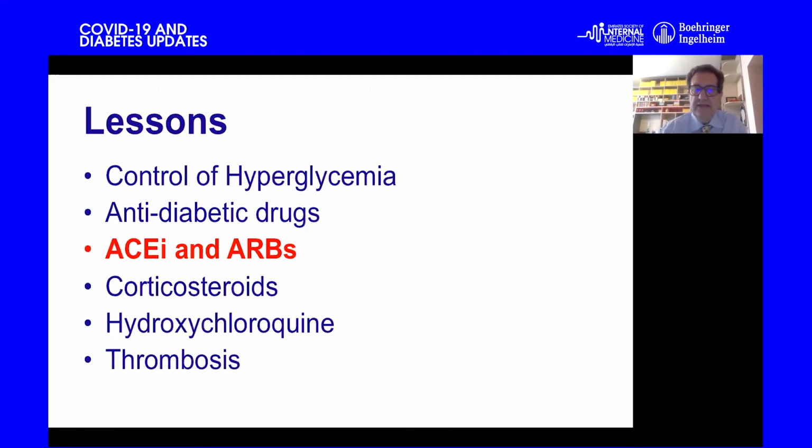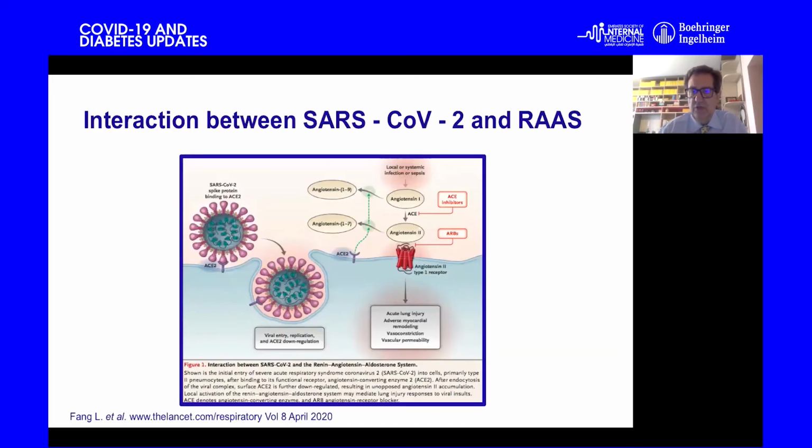What about ACE inhibitors and ARBs? The previous speaker already started to underline this problem. You know that the story is related to the evidence that the virus needs to link through the spike protein to the ACE2 receptor. And evidence is showing in vitro that both ACE inhibitors and ARBs can increase the expression of